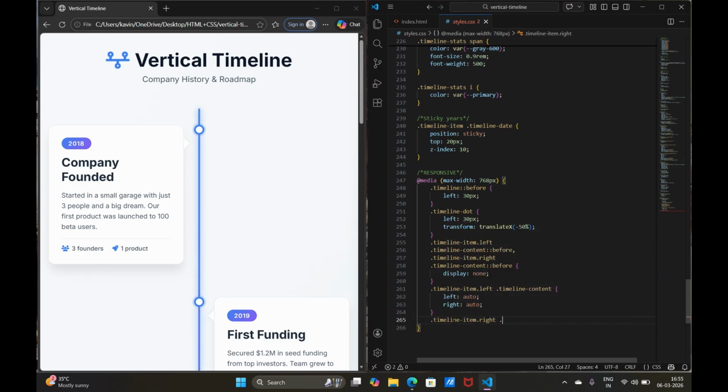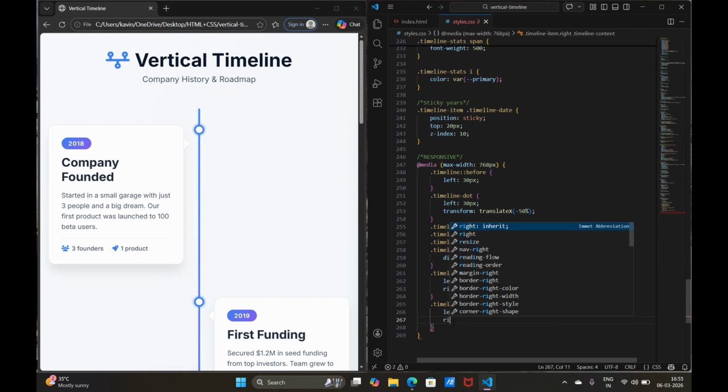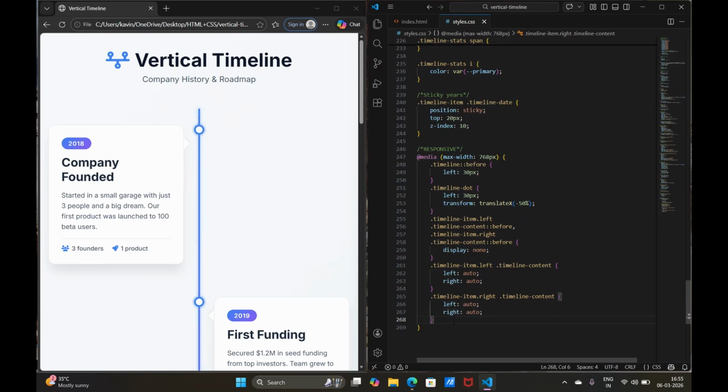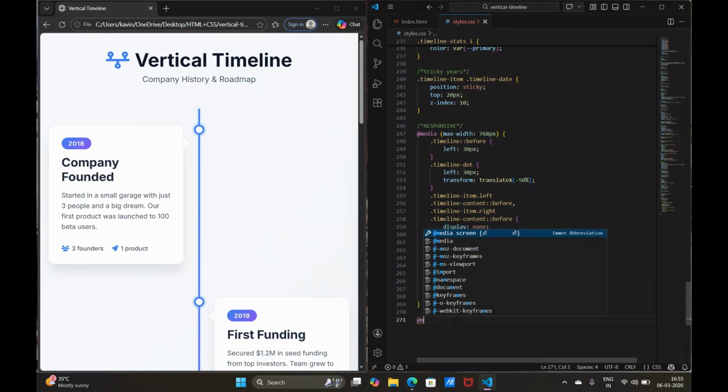Then for timeline content right and timeline content, do the same: left auto and right auto. And then for another display,